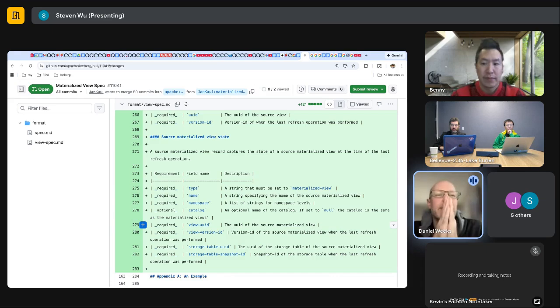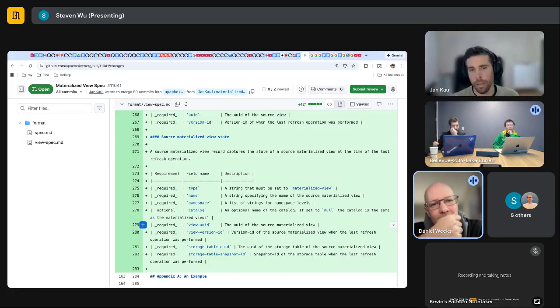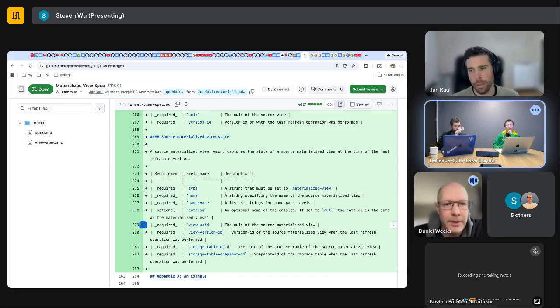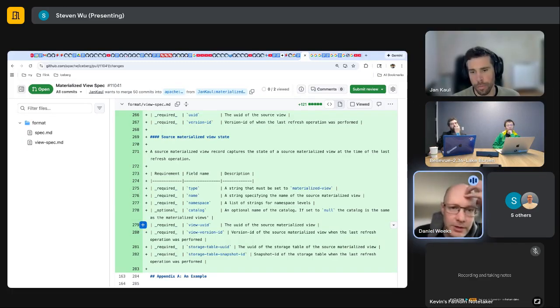Yeah, I don't think that you want that. Well, you actually know what the storage table is already, right? Because that's part of the view definition itself. Oh, this is for the nested. This is a nested view definition. Yeah, that's okay. That's my upstream. Okay, but when we load